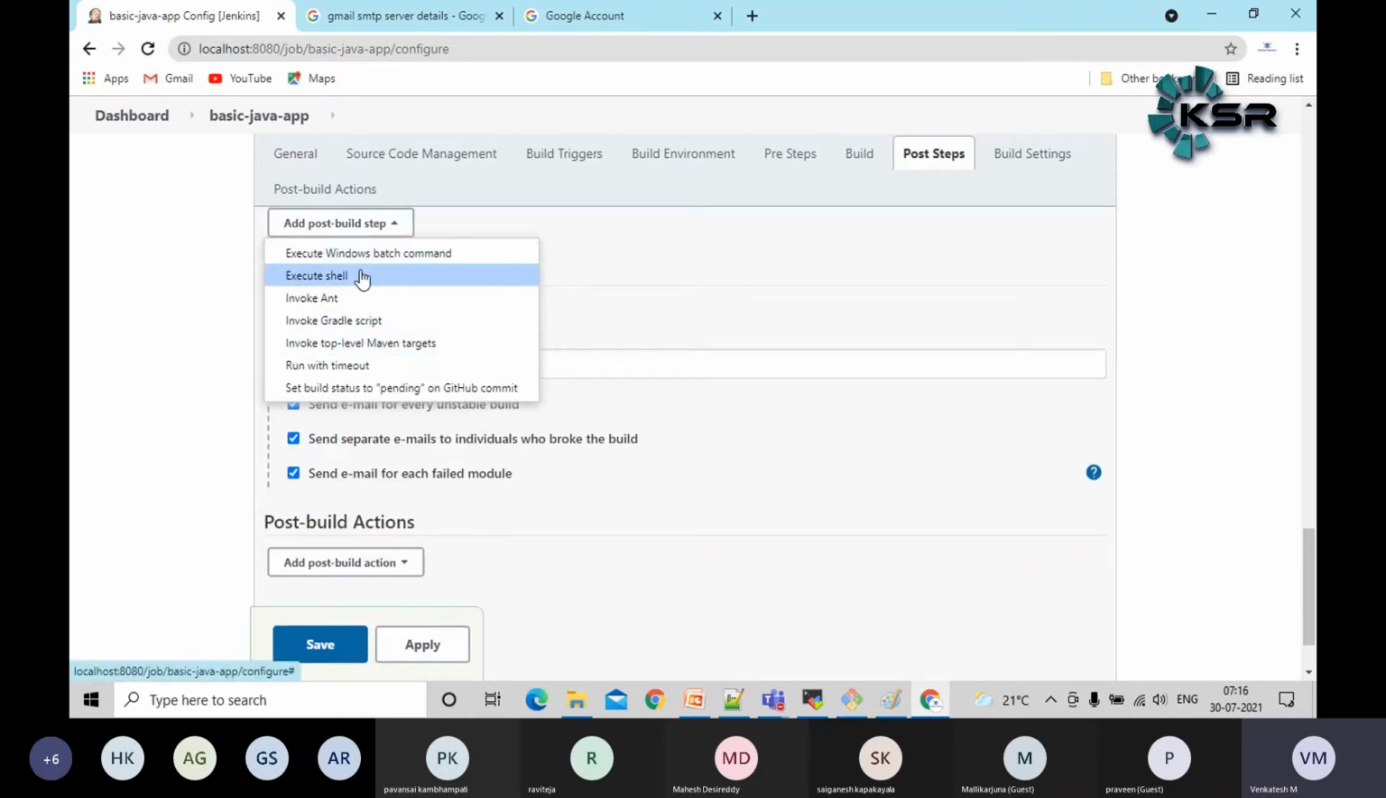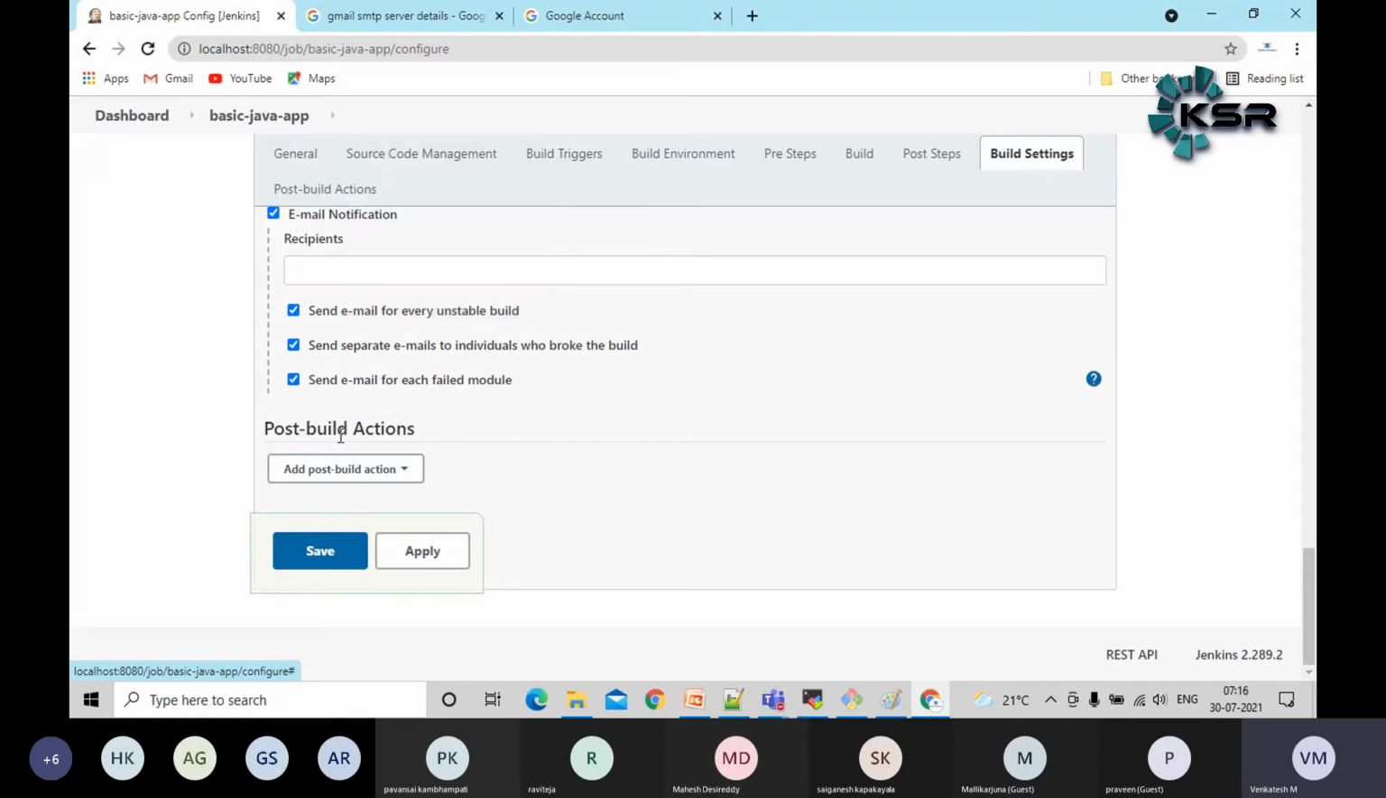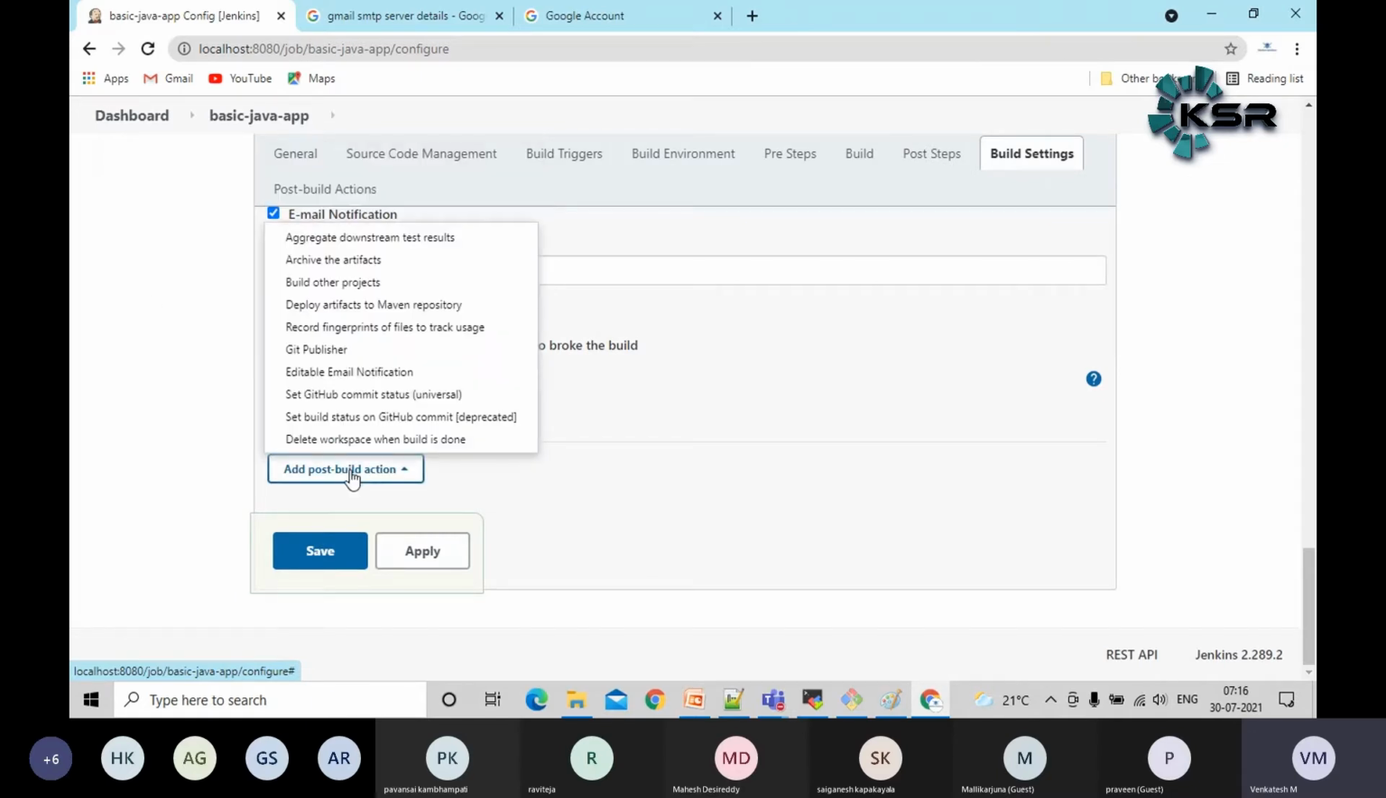Here we can see some set of actions, the shell script and invoke Gradle script. Just like that, we have other post build actions here. Here you should see something like editable email notification. The same plugin we have configured in the